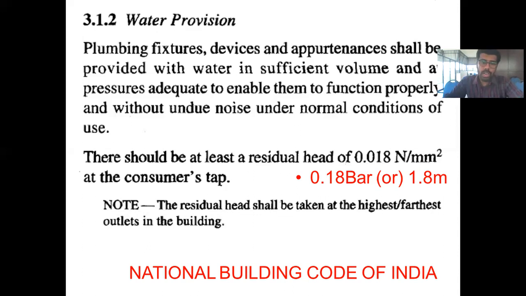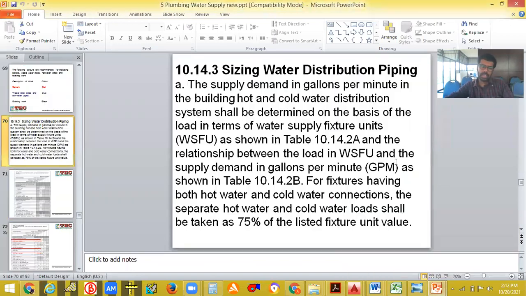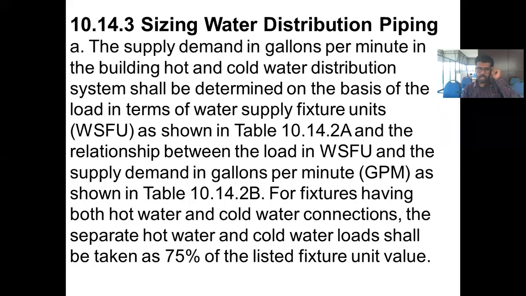Now when you are trying to design, you should have some design assumptions, and not only that. As I have already said, today we are going to deal with pipe sizing, by one of the methods called the WSFU method. The WSFU method is nothing but the water supply fixture unit method. That is one of the methods that we are trying to study for pipe sizing. So today we can focus on this method, and the rest of the methods we can study in the coming classes.